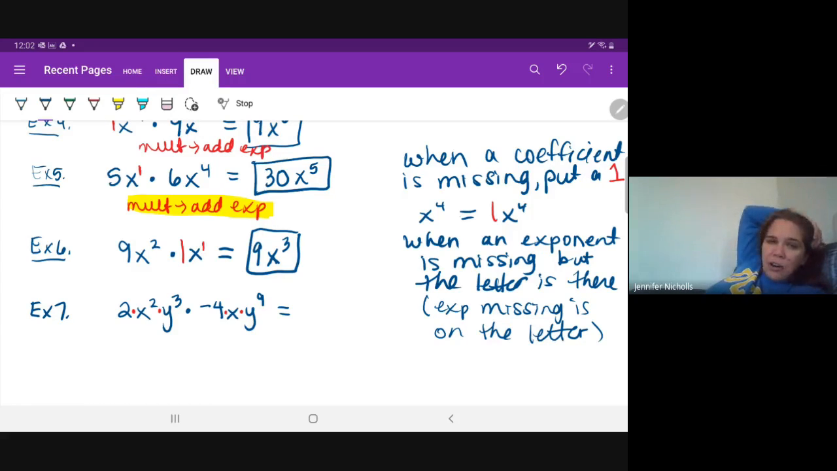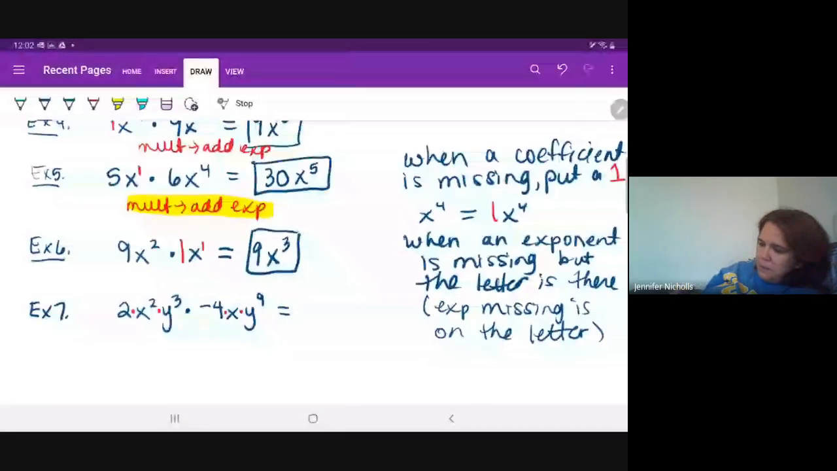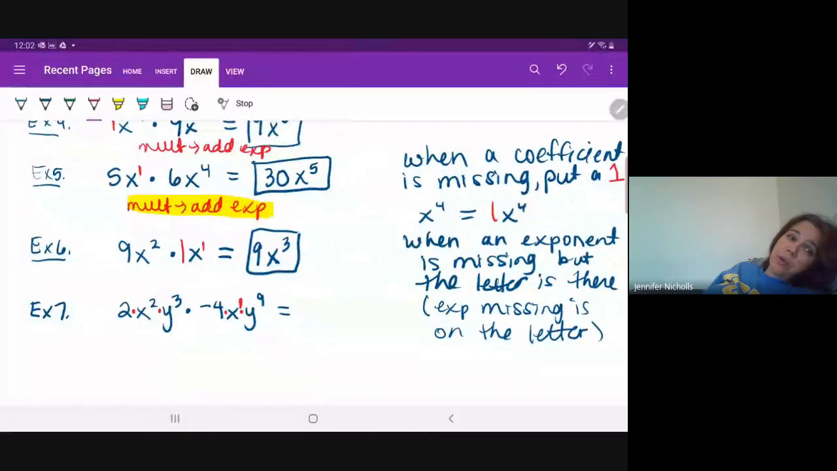So which letter? X squared, y cubed, x, or y to the 9th? Which one's missing its exponent? Yeah, x is missing the 1. And that's why, you guys, I'm asking you questions, because I want to make sure I'm not going too fast. And that's why we're also using the different colors. Okay, not to speed, but to make sure that you understand that it didn't used to be there and now